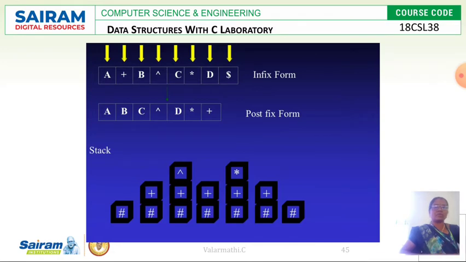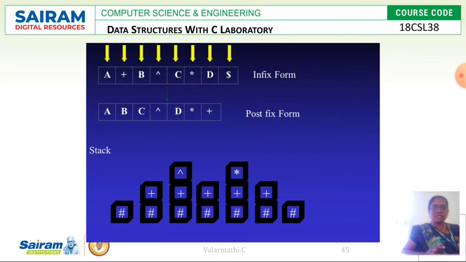Fine. Next, what is the next character? D. D should be saved in the output stack because it is an operand, right? Finally, what is the next element? It is a null element, so there are no other characters in the list. When all the characters are read from the infix input, finally the operators stored in the stack should be removed one by one.